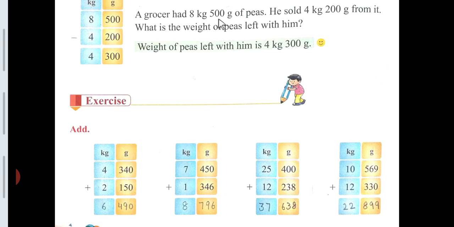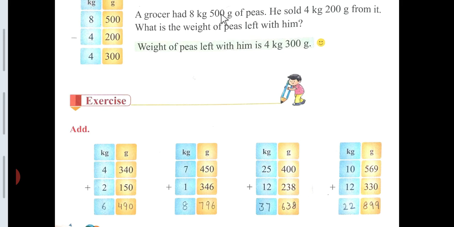So a grocer had 8 kgs 500 grams of peas. He sold 4 kgs 200 grams from it. What is the weight of the peas left with him? So as I have told you, under the block of kg you will write 8 and under the grams you will write 500. And he sold 4 kgs and 200 grams. So 4 you will write under it and 200 you will write just below the grams. And you will subtract, because he